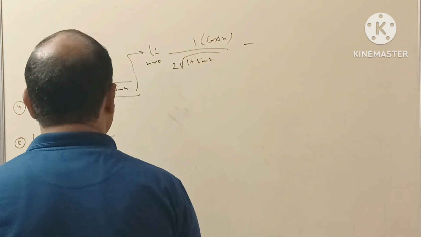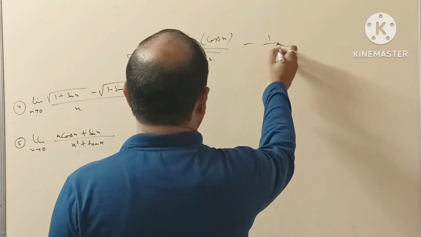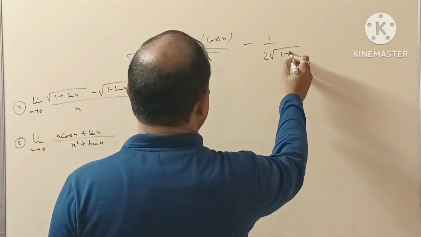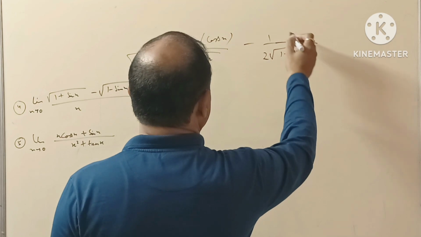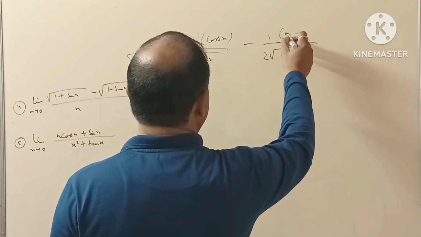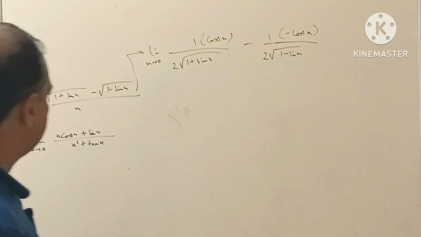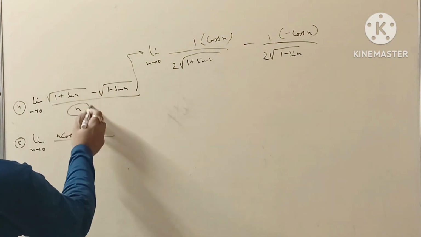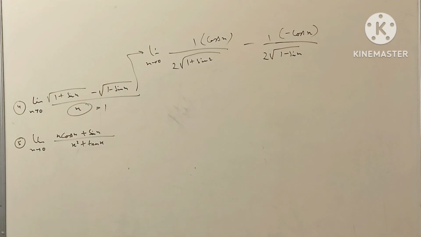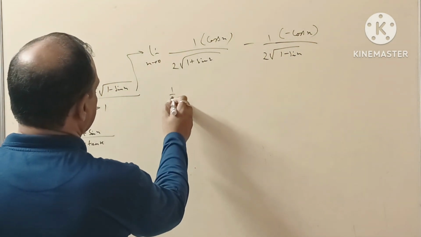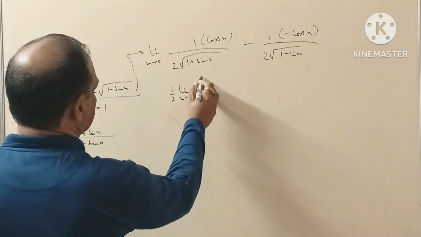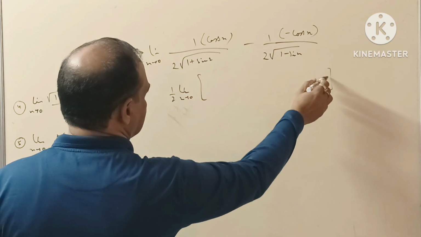Furthermore, again I will be having 1 over 2 under root 1 minus sin x, and in the numerator I will be having minus cos x, and in the denominator it is equal to 1. There is no need to write it. Now what else can we do here? I can take 2 common here, and then I will simply do the simplification of this question,